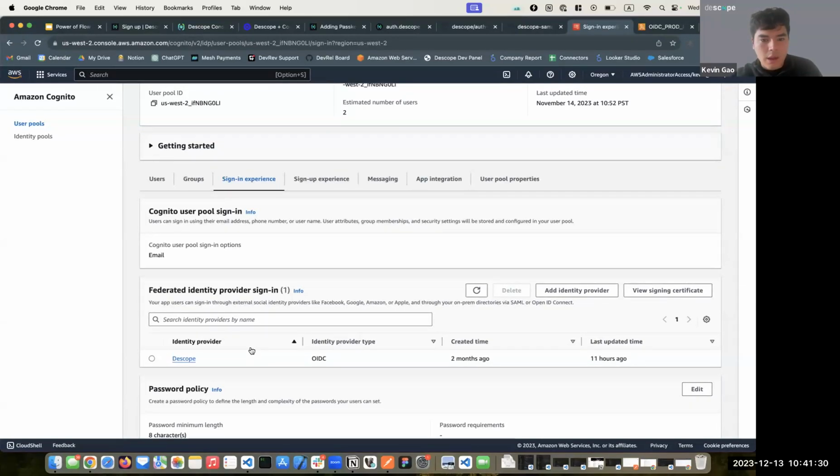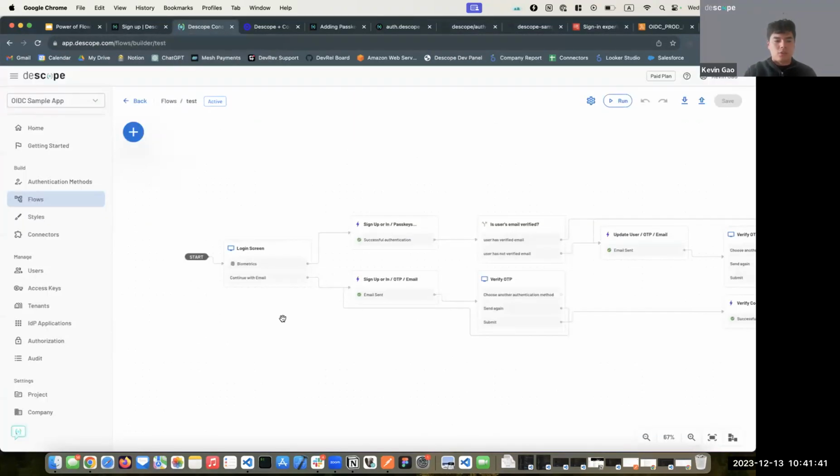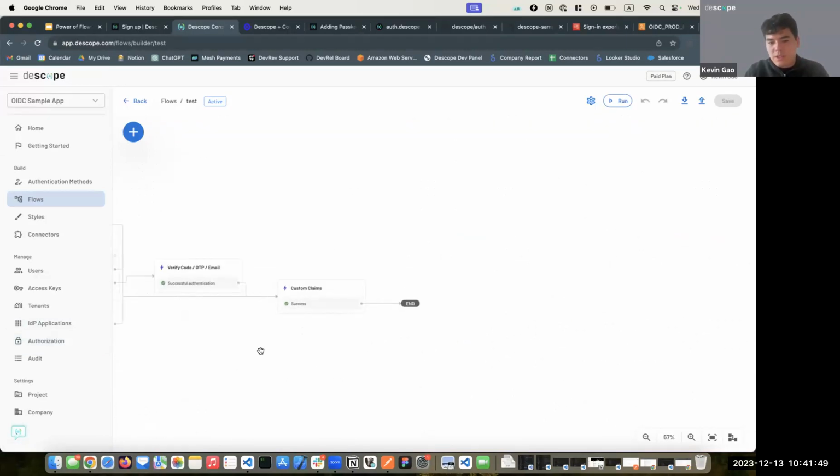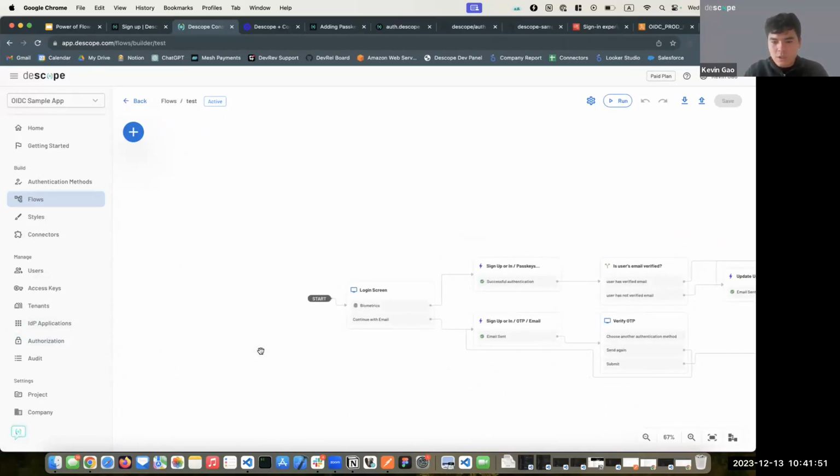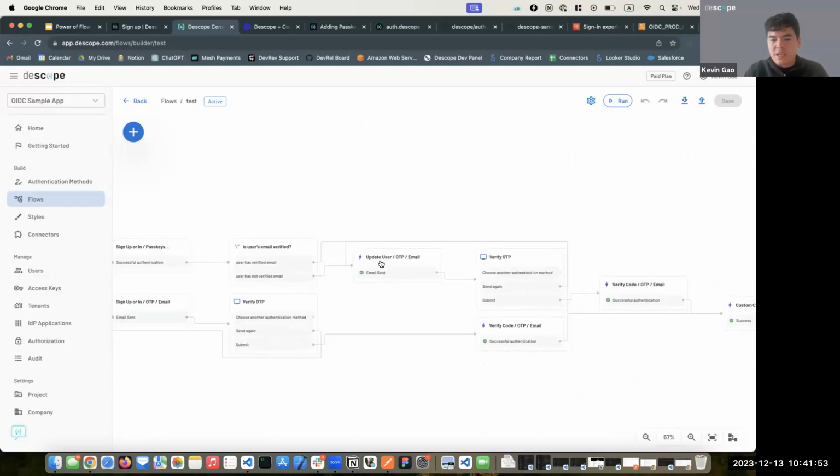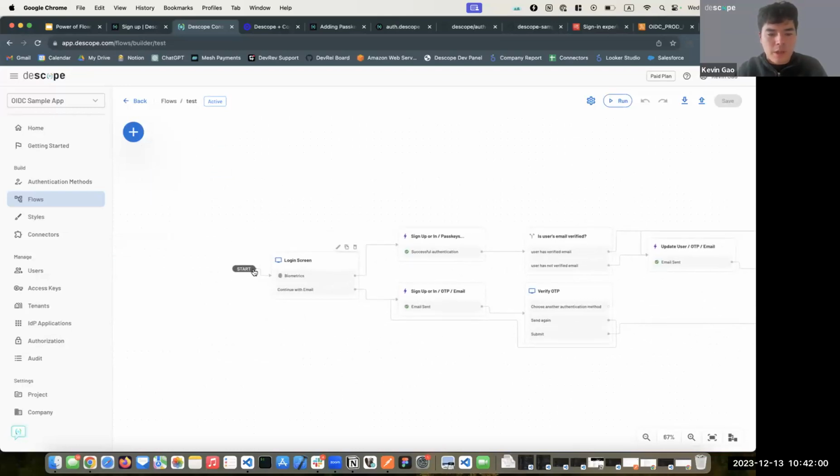So it looks like we do have a little bit of time. What I want to do is show you a little bit more about flows and what we can potentially build with this. With all of the flow capabilities here, including conditions, actions, screens, etc., you can develop a